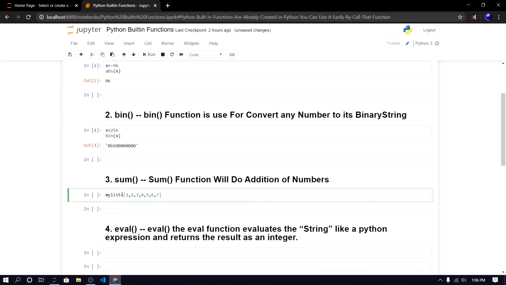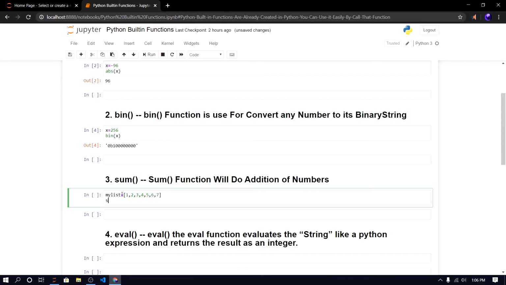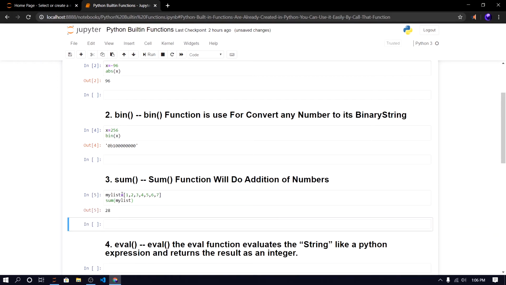We also did addition of a list with the help of a for loop. But right now we are going to do addition of a list with the help of the sum function. For that, call our sum function, and inside it just pass our list. Now you can see that the addition of 1 2 3 4 5 6 and 7 is 28.